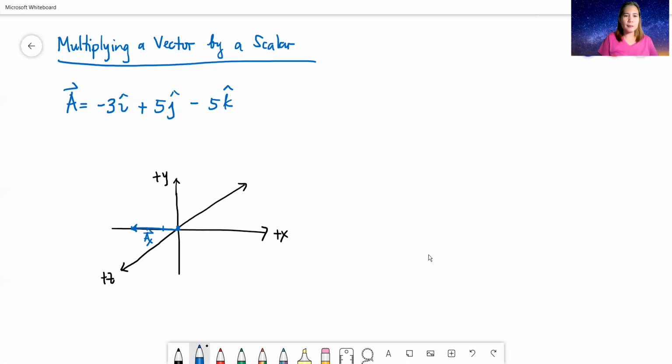Then head to tail, because we want to show the vector addition diagram of vector A. From the head, where will we go? It says 5 j hat. So j is a pointer along the y-axis. Let's go 5 units upward. 1, 2, 3, 4, 5. Arrowhead of your vector. This is now the component of A at the y-axis.